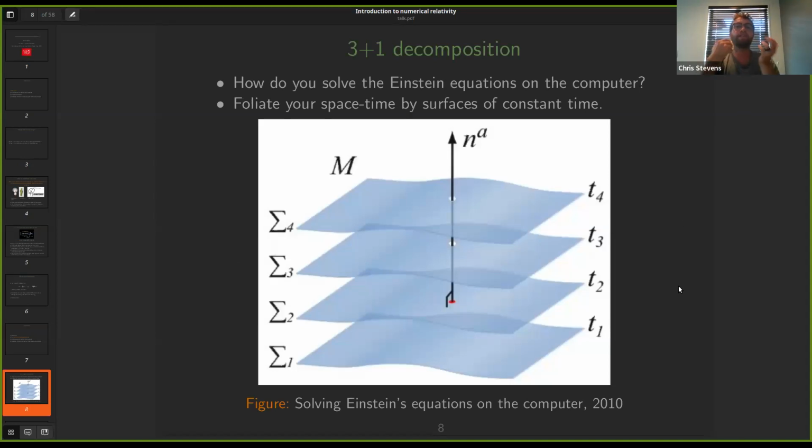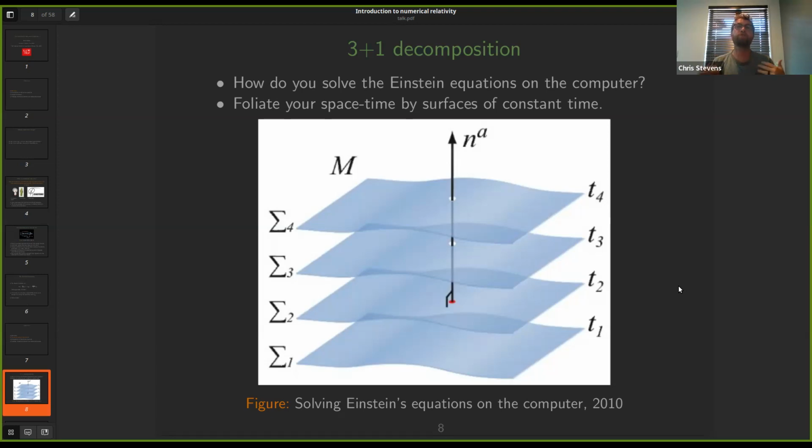Okay, so at this stage, we just have the Einstein equations, which are, once you put in a frame and coordinates, a bunch of time and space derivatives all muddled up. How are you going about solving this? So the fundamental idea for all of these numerical evolutions is to foliate your space-time by a bunch of surfaces that are usually parameterized by a time coordinate. So the level sets of this time coordinate give you these spatial three surfaces that are submanifolds of your space-time,